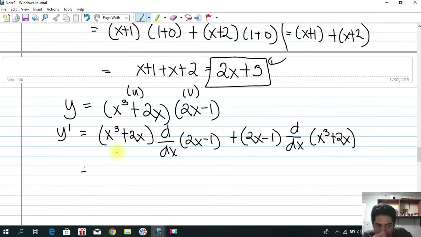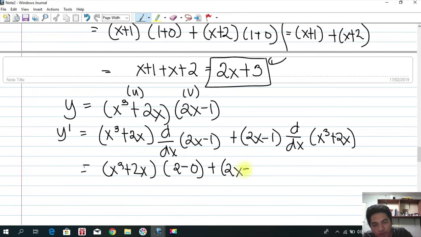So here we go. We have x cubed plus 2x times the derivative of 2x, which is actually what? It is equal to 2. Okay? And the derivative of this negative 1 or minus 1, since that is a constant, is minus 0. Plus 2x minus 1 times the derivative of this. So we can apply the power formula in this one. So we'll be having 3x squared